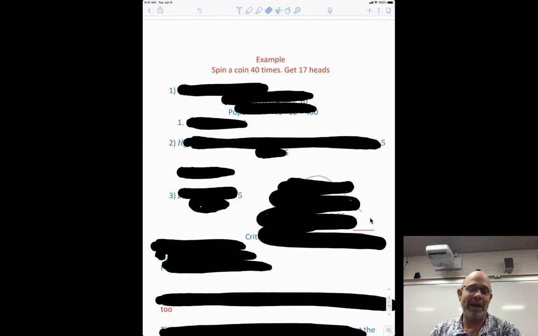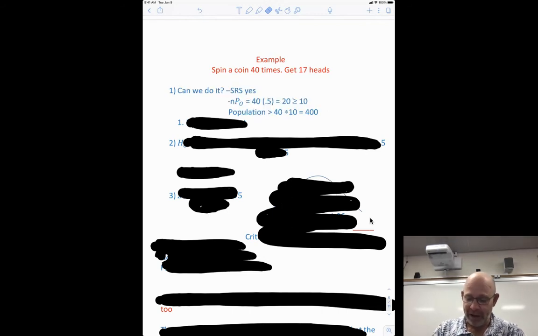But this doesn't have to be heads or tails or coins. It could just be, I believe the proportion of successes in the population is 50%. I take a sample, I get 17 out of 40. Then we test that, right? So first thing, I didn't even name the test. Silly me. So number one would be one proportion